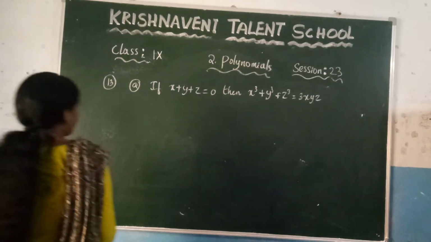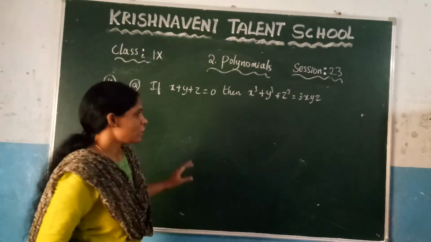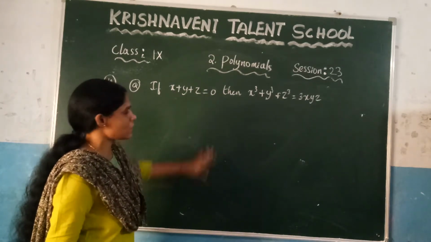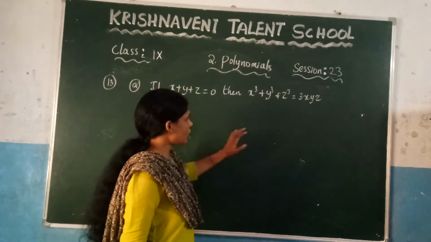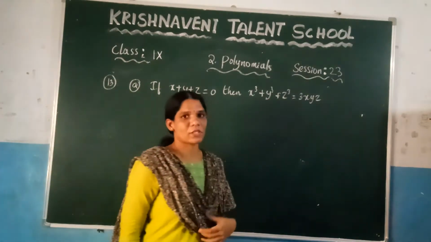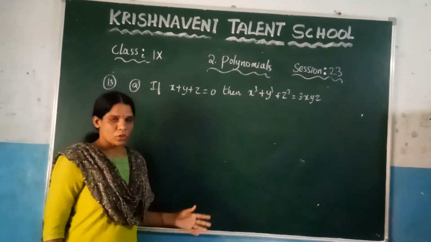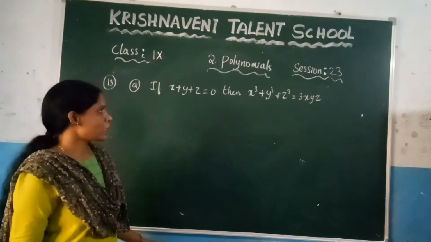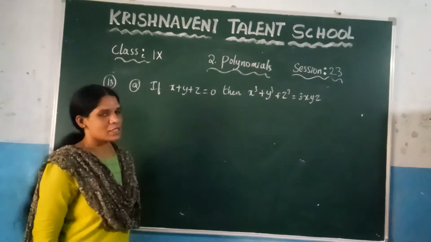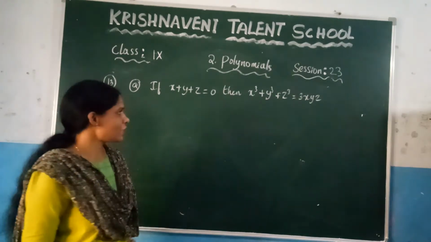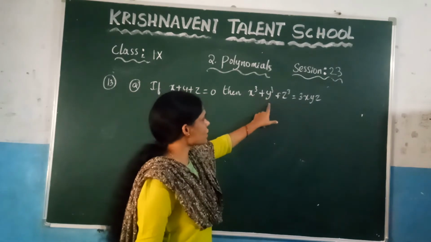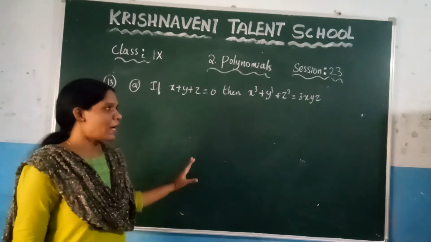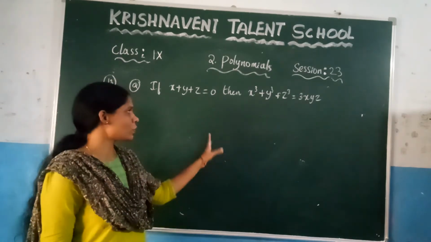Now here, if you want to prove this one, first you need to know what is given and what we need to prove. Here, they have given that x plus y plus z is equal to 0. This condition is given and we need to prove here x cube plus y cube plus z cube is equal to 3xyz. So if you want to prove this condition, we need to know which identity we need to apply here. If you see these equations, which identity will you come to know? Definitely you will come to know the identity which is x cube plus y cube plus z cube minus 3xyz. So first write the identity, and after that what is given we can substitute so that we can prove the given condition.